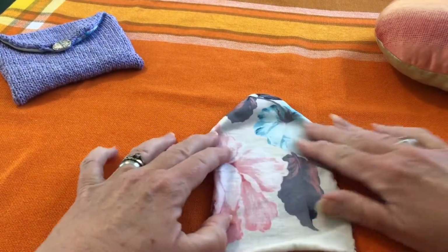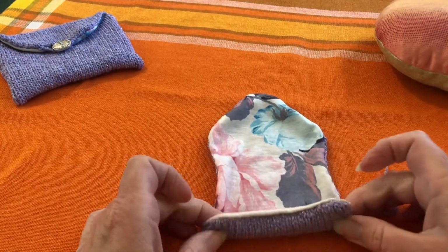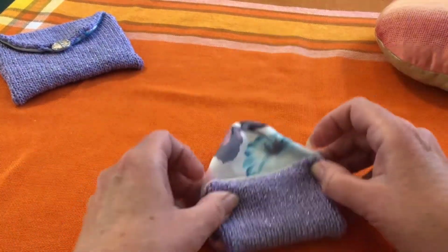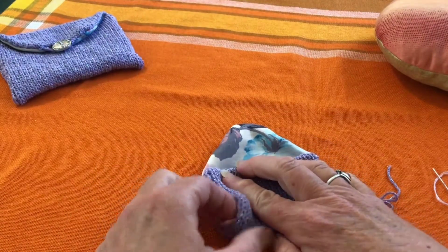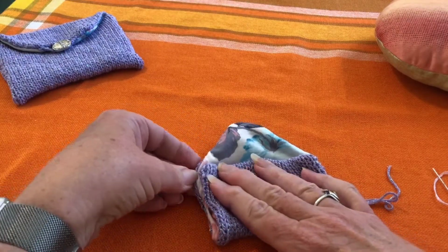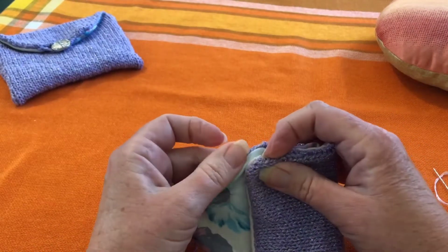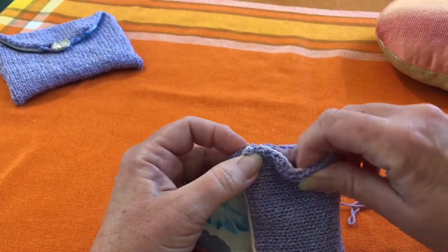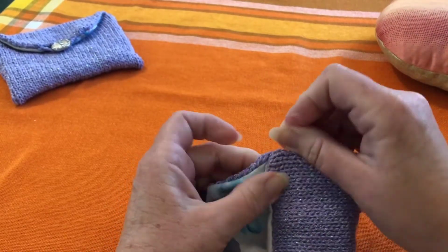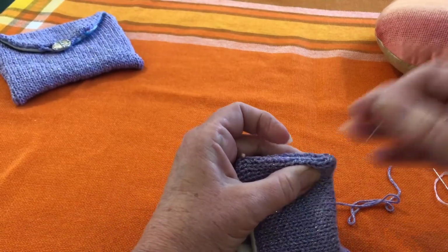Try and keep pushing it out. Now you can see where the points are, where you started your decrease on your knitting. So taking the bottom corners up to those points, that's going to form your purse. That's it. So poke the lining in. What we want to see is just the knitted edge at this point. So you're going to take those bead topped pins again and just pin it in place. So one in there and one further down,